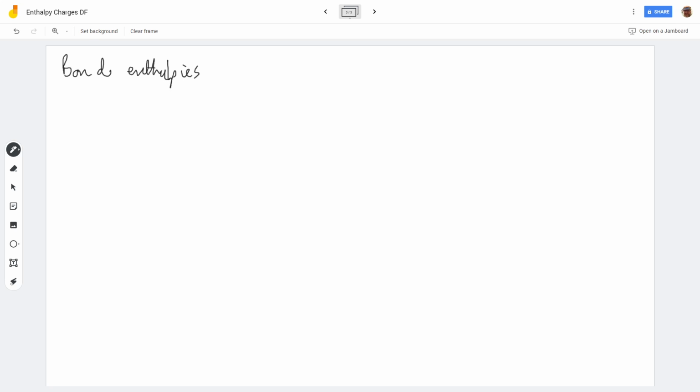Enthalpies. Okay, so this is delta H B, and what we're looking at here is the energy required to break 1 mole of a specific bond. One mole of a specific bond. These are averages normally,